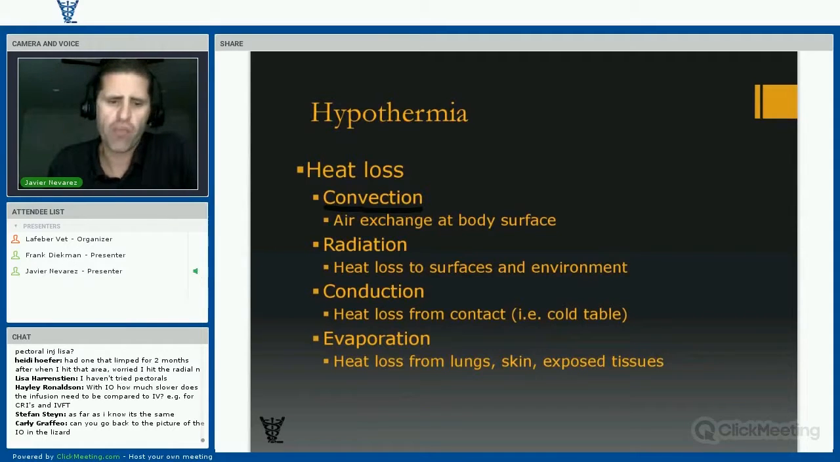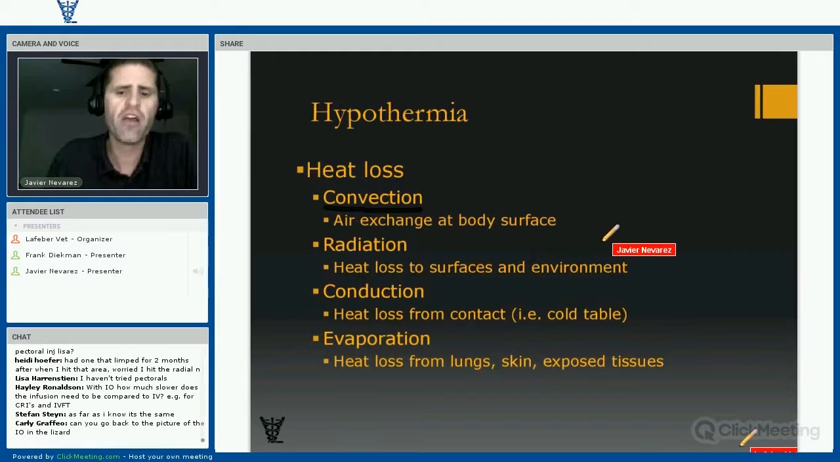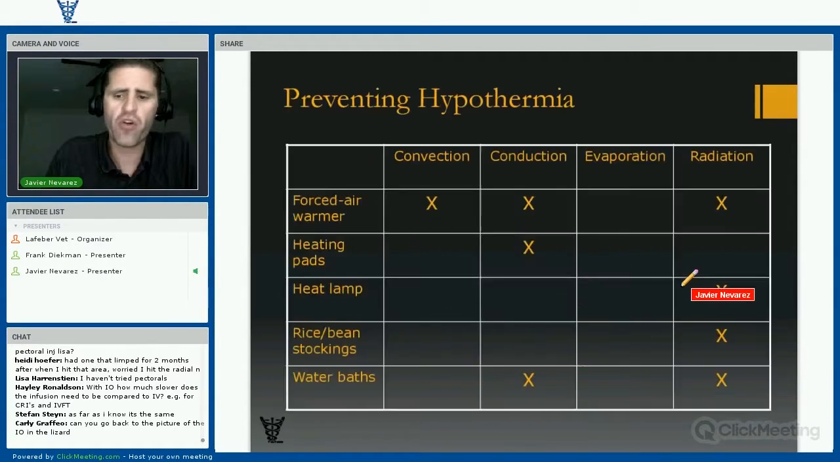So if you put a chelonian on a heating pad, that's really not going to be a very effective way to heat that animal at all. You want to make sure you're providing some radiation or convection methods to try to minimize heat loss in those animals. So this table really illustrates the different methods that you have to heat animals and the different heat losses